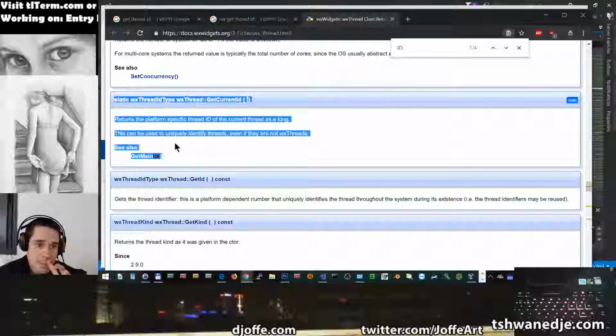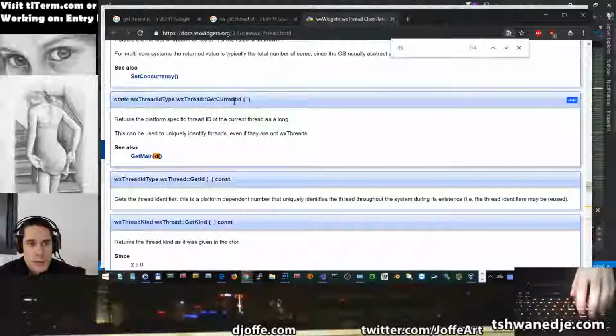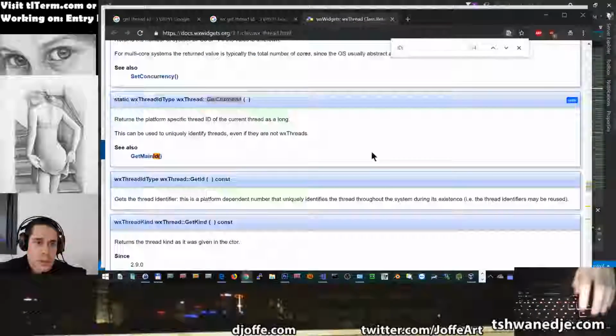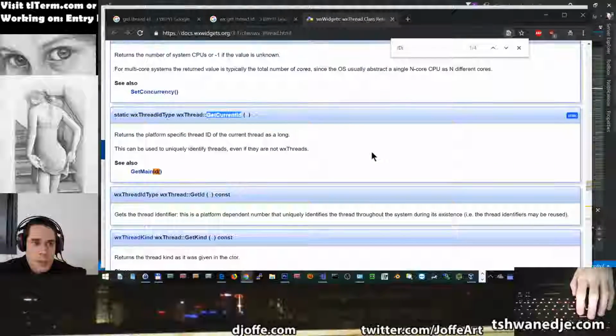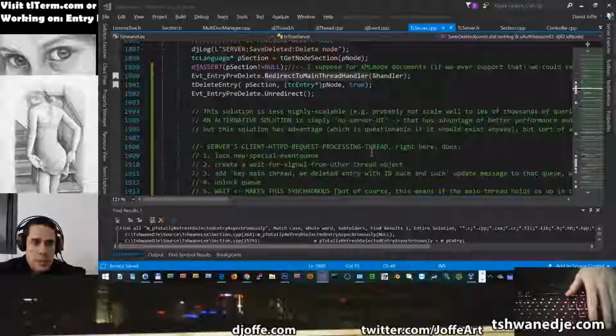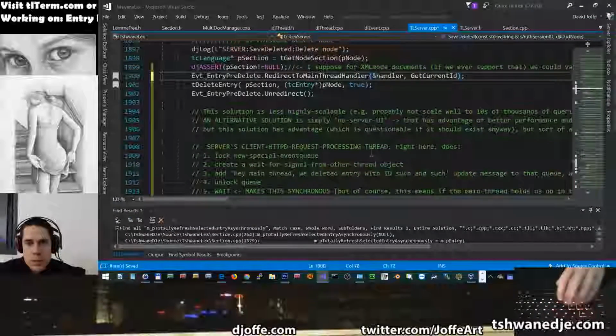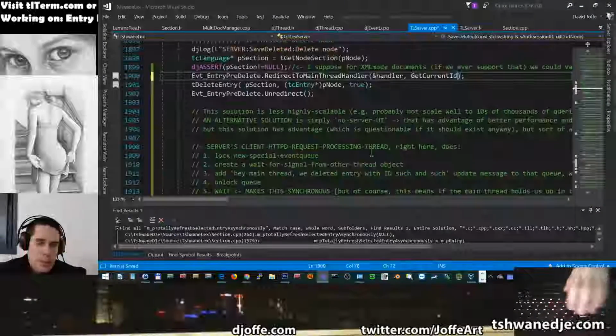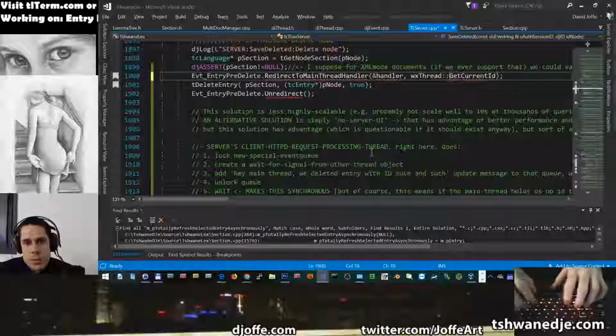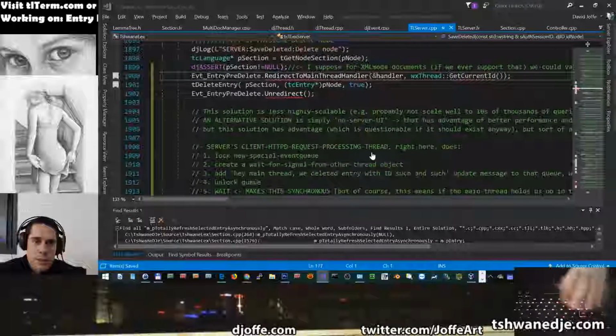Thus, so get WX thread get current ID. So we would call something like WX thread get current ID, okay, and that